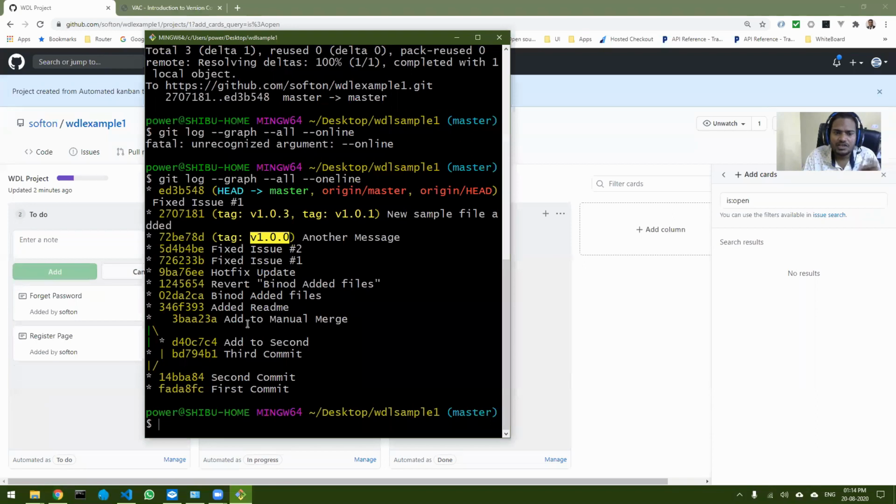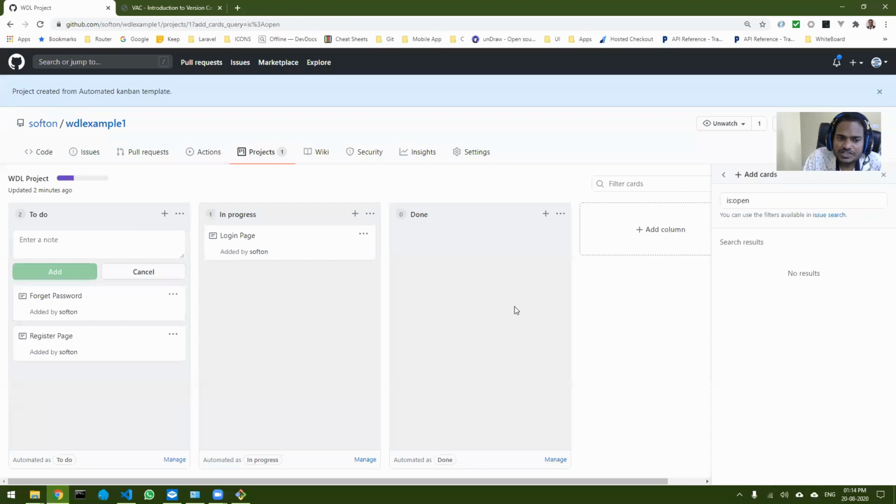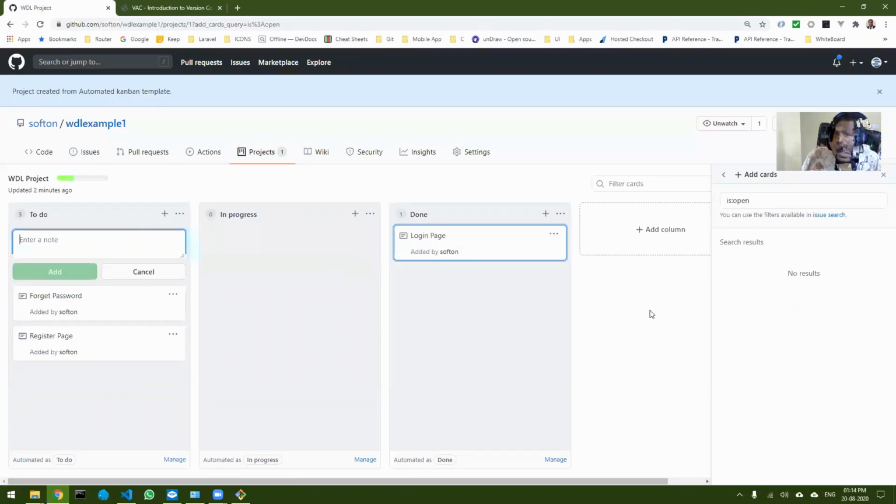Then I will come over here, work on my code, write codes, then do commits, everything as usual. Finally, when that particular login form is ready, I will commit it and then push it to the server. And finally, I will come over here and put it onto the done page. So that finishes my login part.